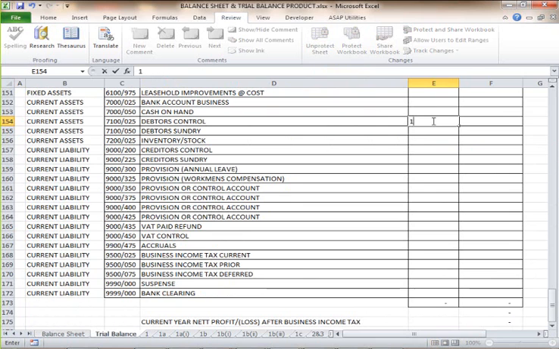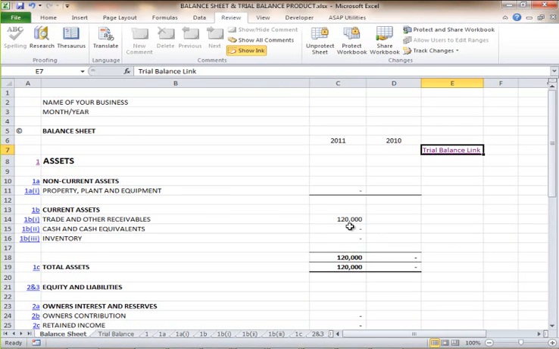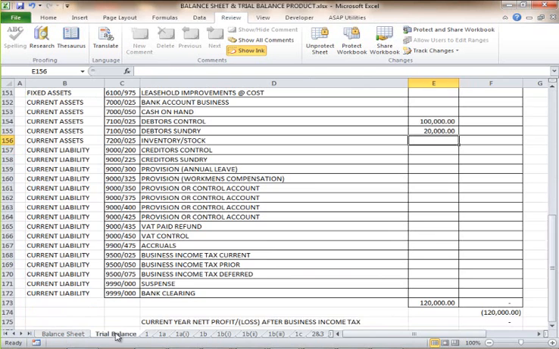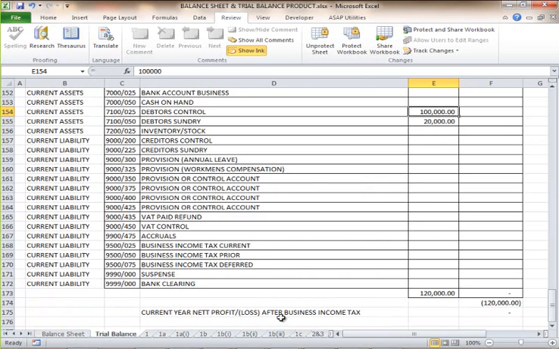and let's enter a figure here, and let's enter a figure here. It will then update your balance sheet accordingly. So as long as you keep your chart of accounts within the correct categories, your balance sheet will be updated automatically from your trial balance, and your trial balance will also calculate for you the current year's net profit or